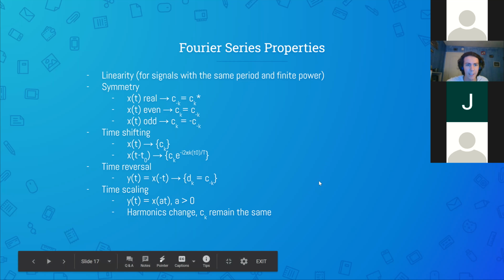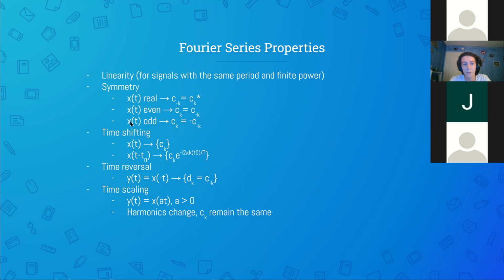Okay, so for time shifting, you have this simple multiplication by a constant factor, specifically e to the minus i 2 pi k t naught over T. For time reversal, you just have that the coefficients become the negative of k, which makes sense, right? It's like you switch this negative sign over to the k. And then for time scaling,